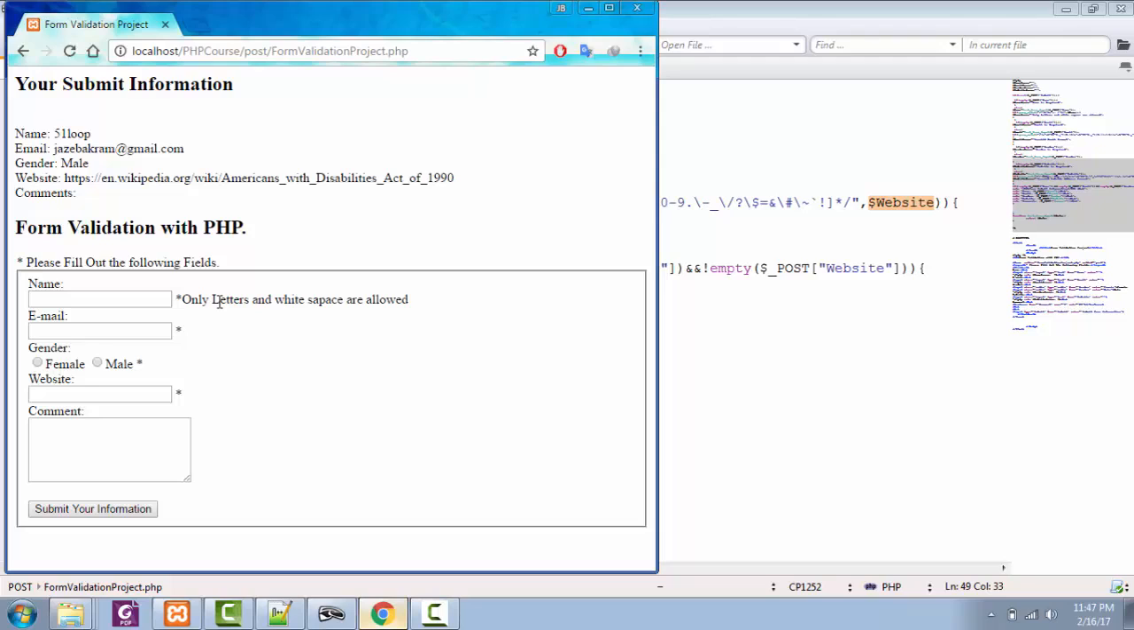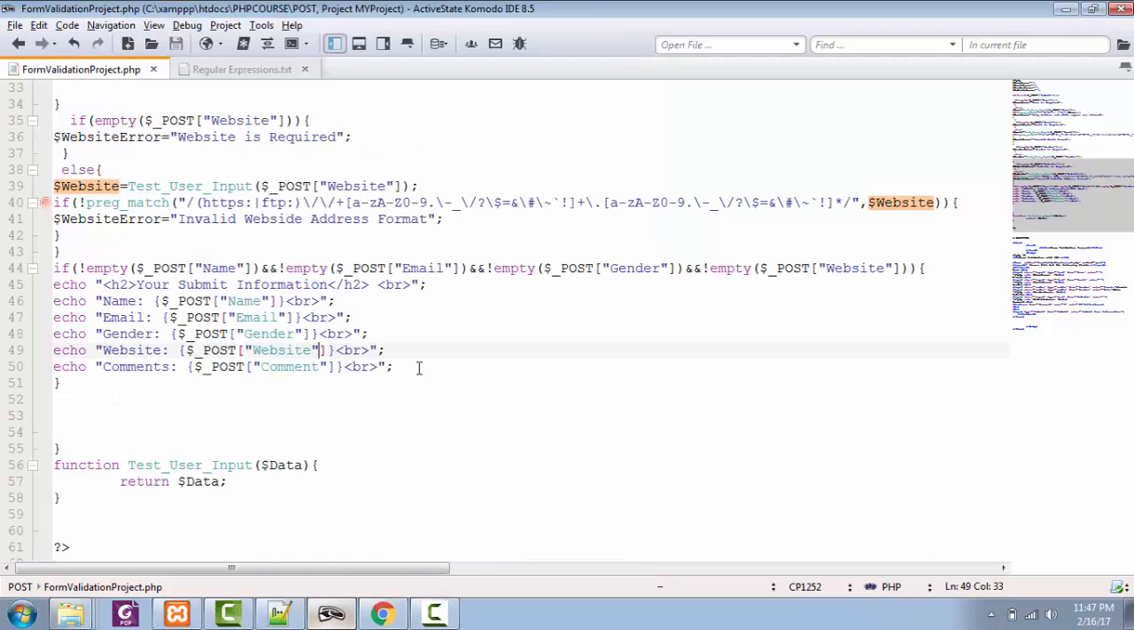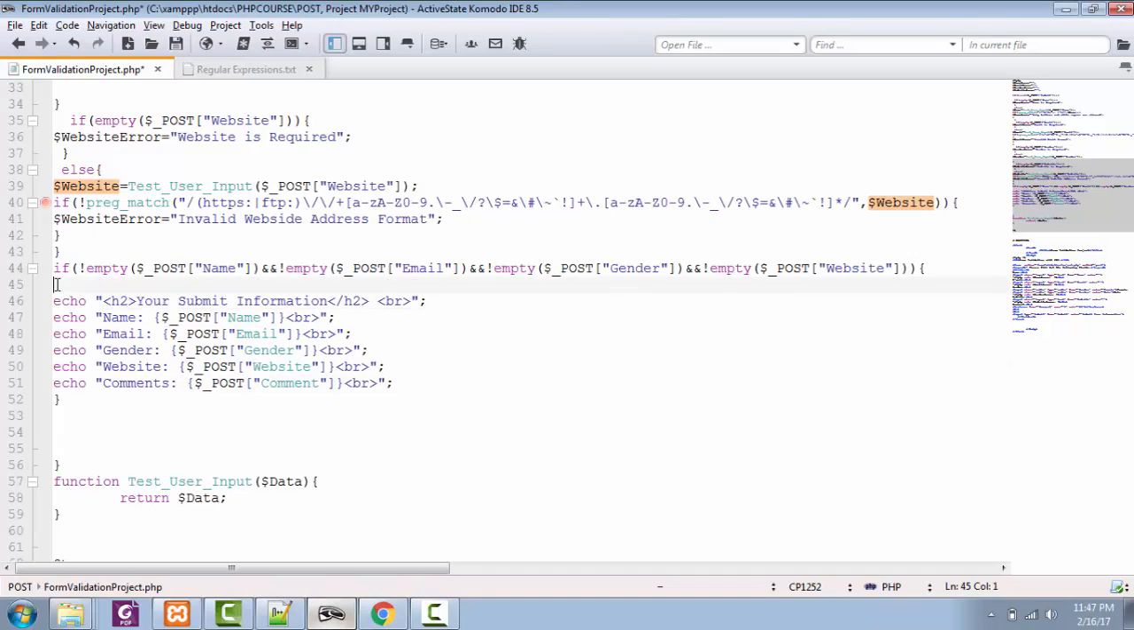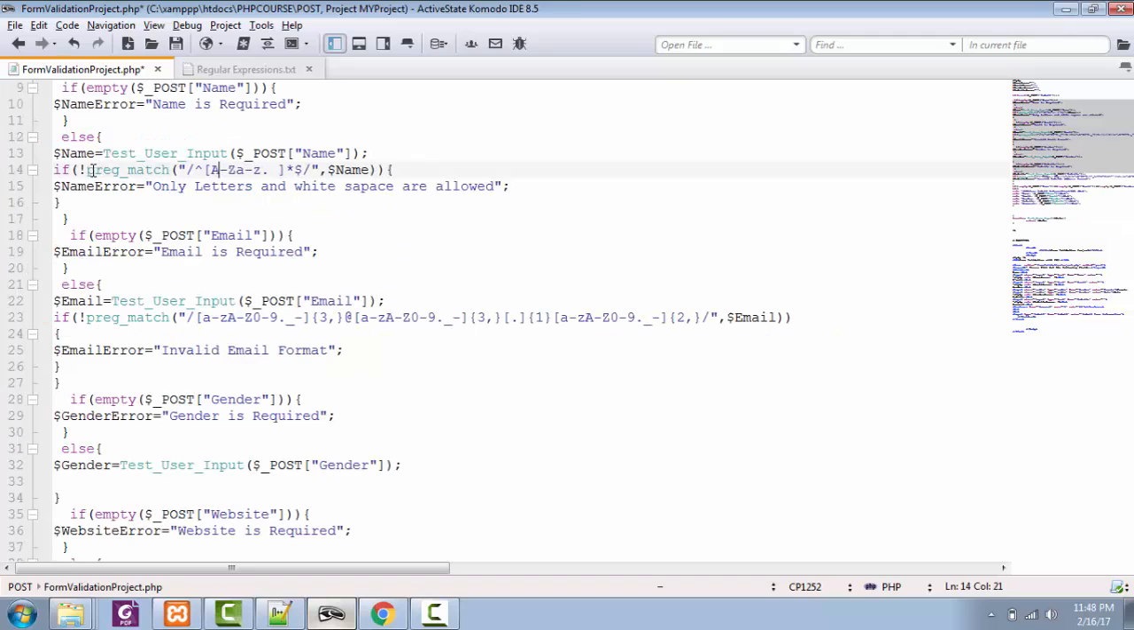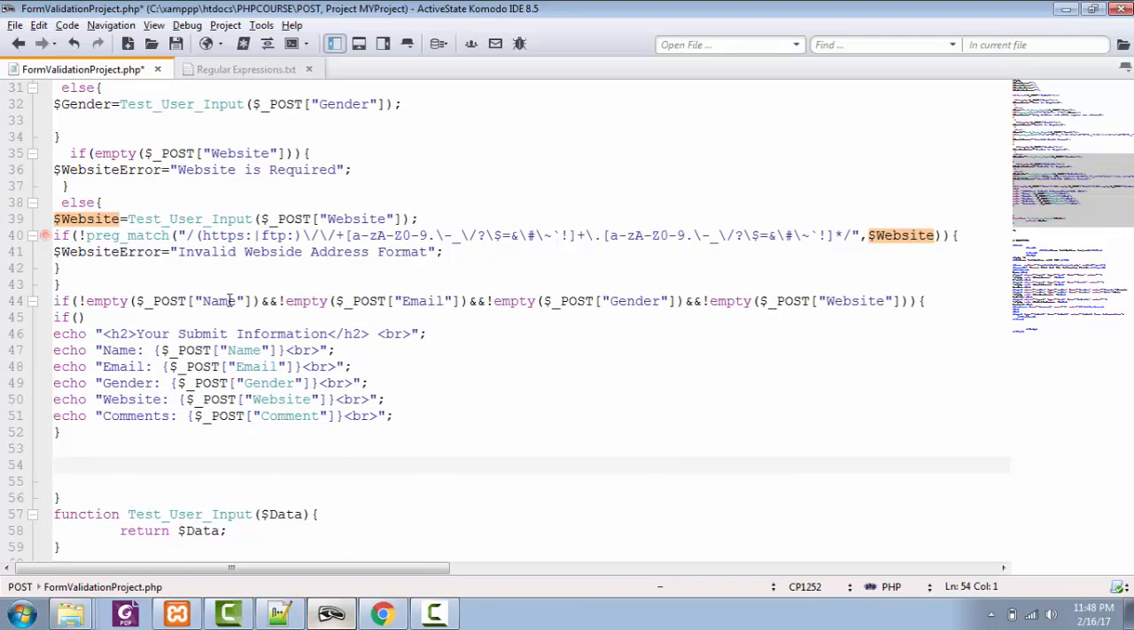Otherwise, I don't need your false information. So moving back to the editor, right after my if condition, I'm going to add one more if condition. So I'm going to say if my expression for validation, the regular expression